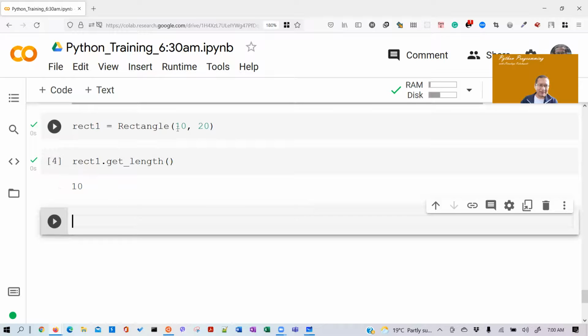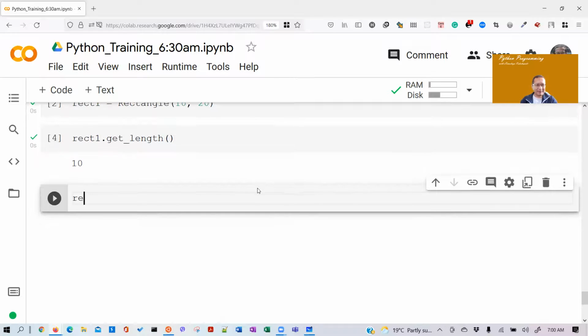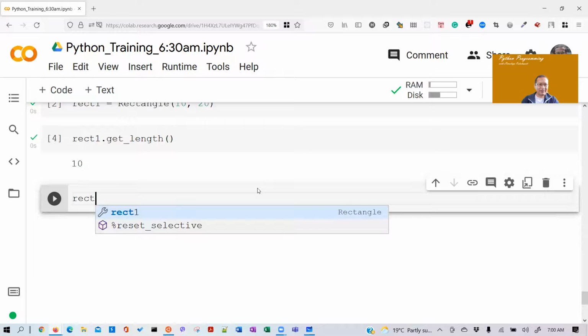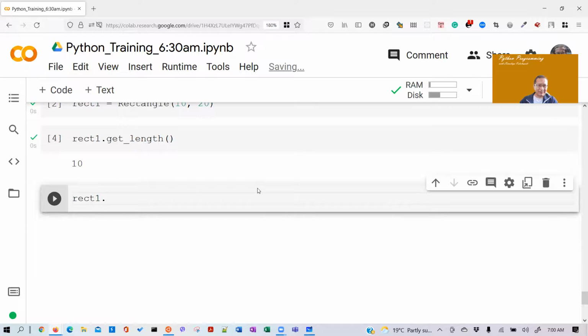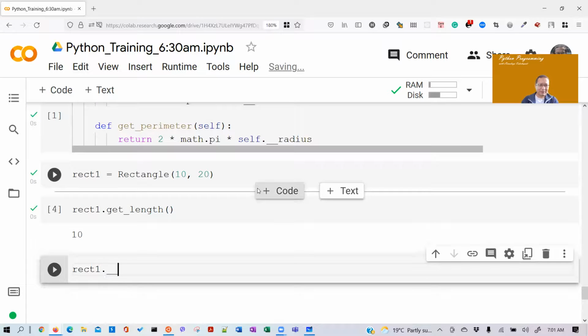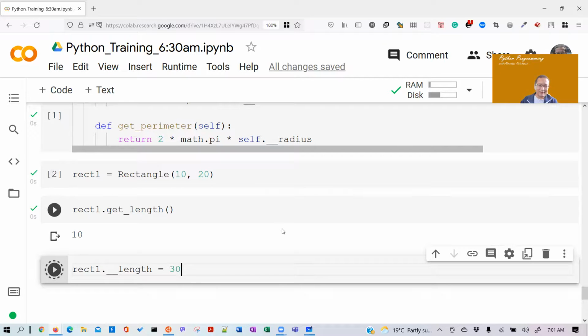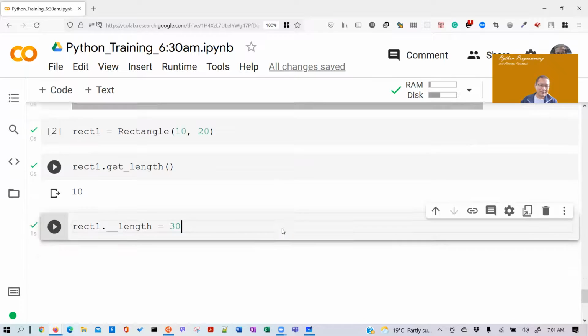set मलाई length लाई 10 बाट मैले 30 बनाउनु पर्यो कसरी मैले of course I cannot do this right can I do rect1 dot underscore length is equal to 30 so मिल्छ हैन मिल्दैन of course because मिल्दैन गर्नु दिँदैन